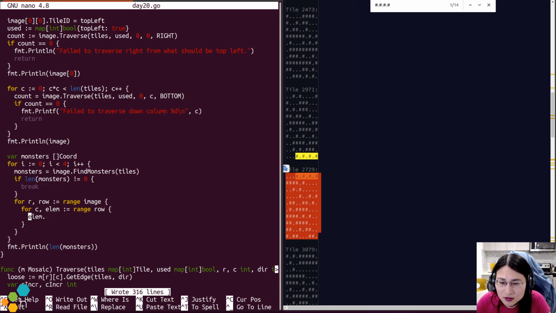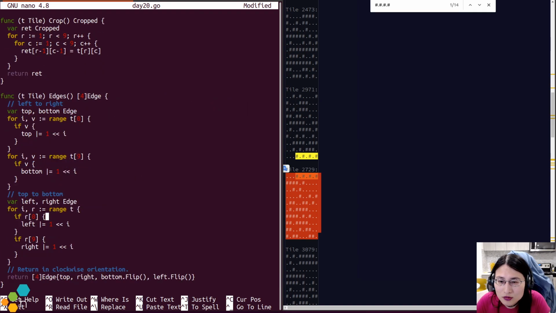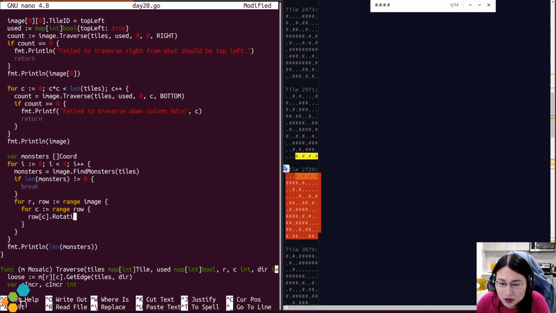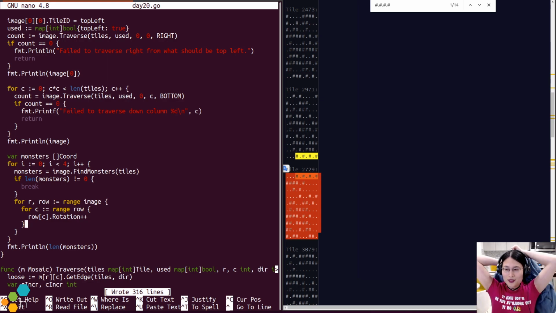Set this to rotation plus plus. Oh no, oh no, oh no. But if I rotate the entire thing... Wait a second.